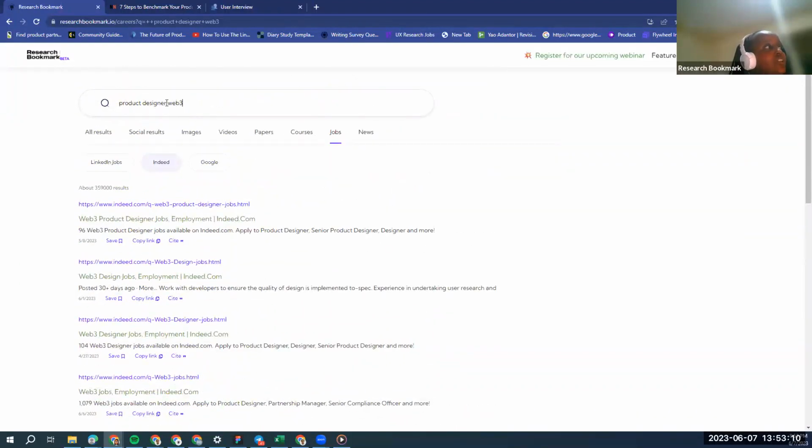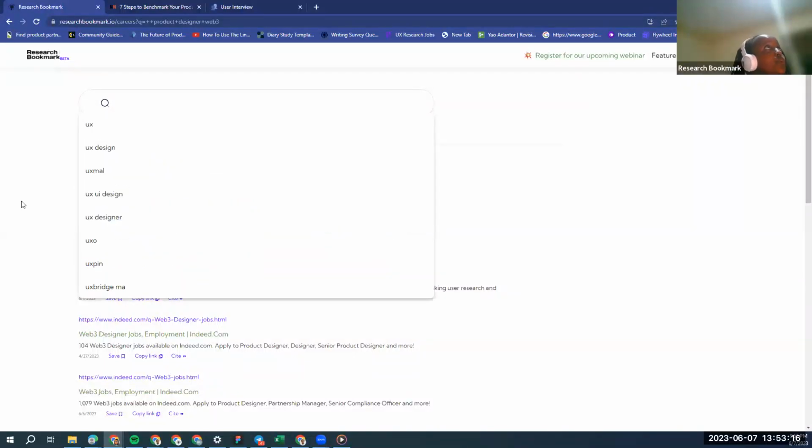Another thing that I'll talk about, especially when it comes to jobs, is one advice I would give: for people to really be flexible in terms of the titles, right? I know most of the titles that people are used to, especially when it comes to UX research, is you're either looking for UX researcher or user researcher, right? But the way the industry is, and depending on how companies have been posting and hiring, some companies use entirely different titles, right? So you can search for a title that I know is not really used a lot, but it's in the UX space,